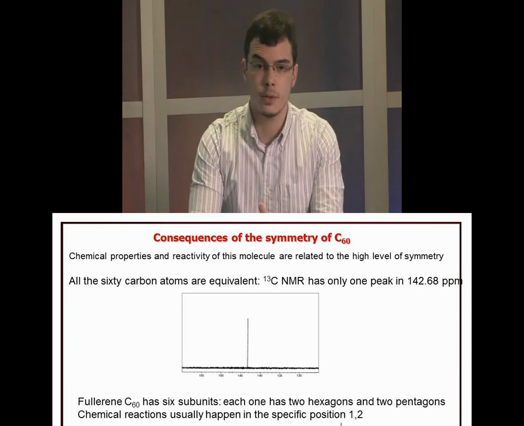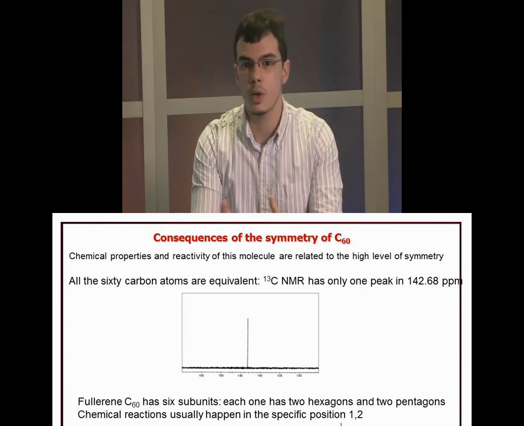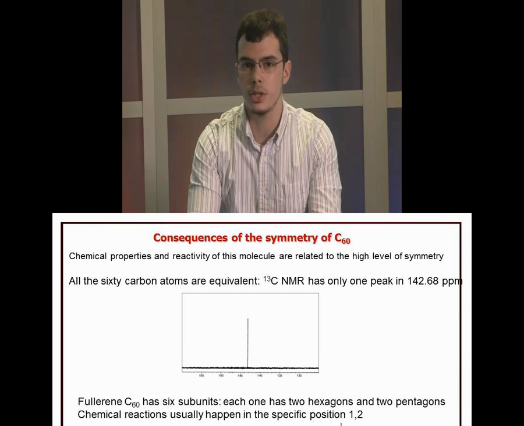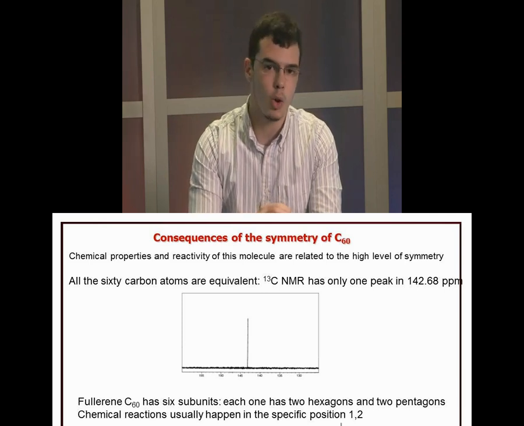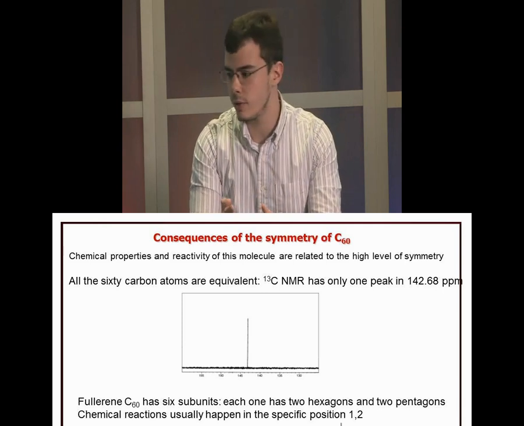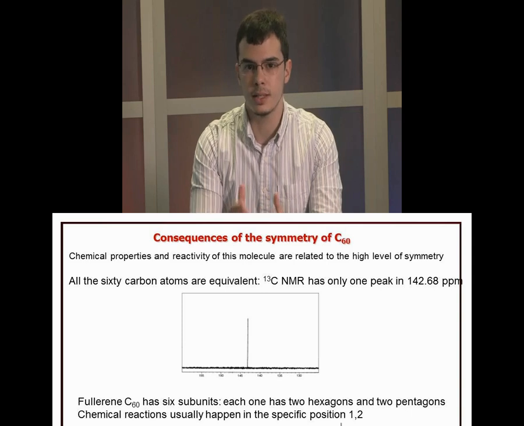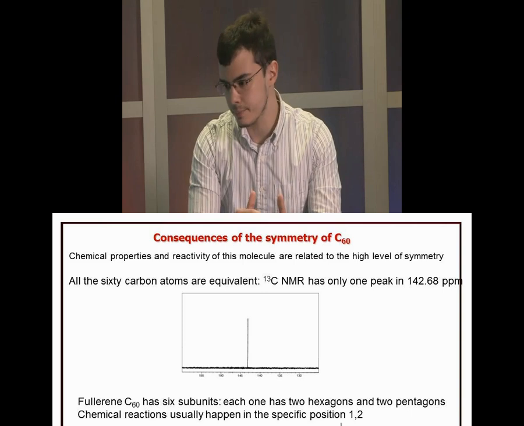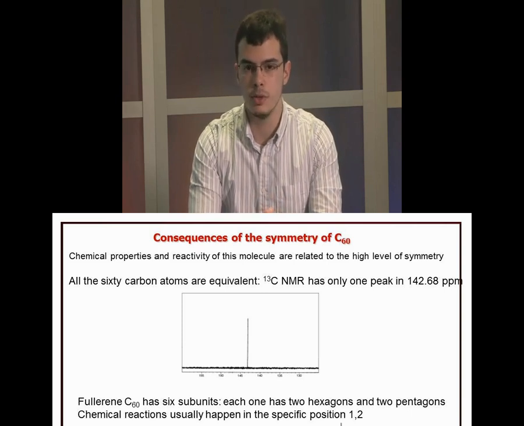This molecule is very symmetric and it has some consequences of that symmetry. The symmetry affects the chemical properties and reactivity of C60. If we imagine the NMR spectrum, we can see that all the carbons are equivalent because we only see one peak at 142.68 ppm. Fullerene C60, more specifically, has 6 subunits, and each unit has 2 hexagonal rings and